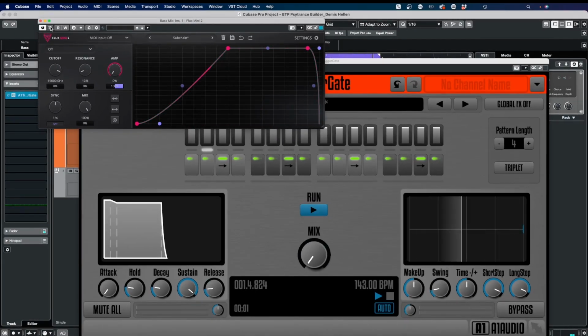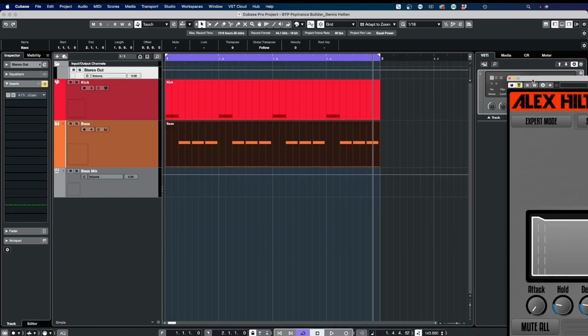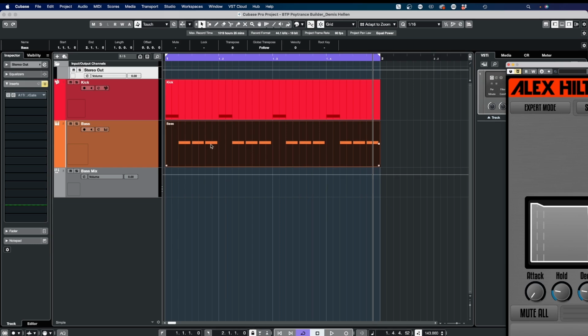It's starting to change the shape of the waveform. And that's going to be a serious problem for our track. So we don't want to put sidechain on just yet. That is just like a final stage. So we're going to leave Alex Hilton's A1 trigger gate here, just off screen, so we can still access it